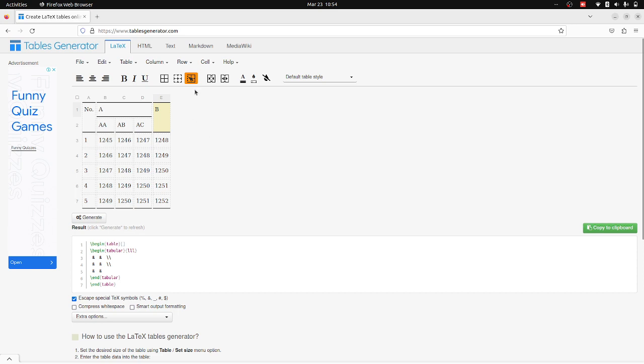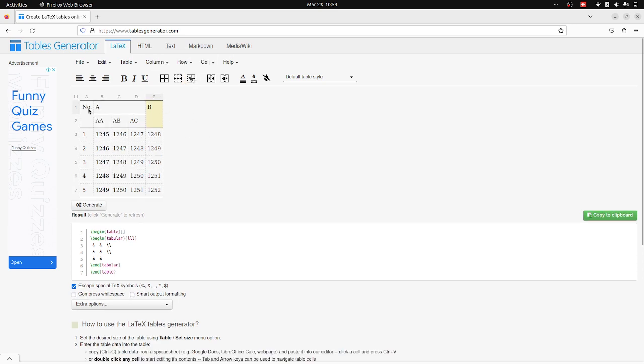bottom of the table. So after we're done, we want to make sure that this is aligned to the center. This is also center. Okay, this is center. This is also center. Yep. So after we are done with the formatting of the table on this website, tablesgenerator.com,